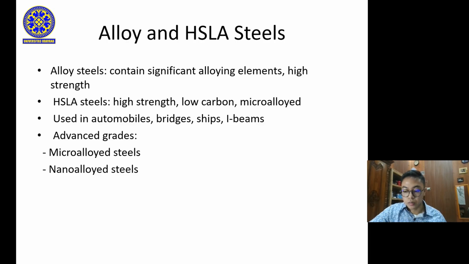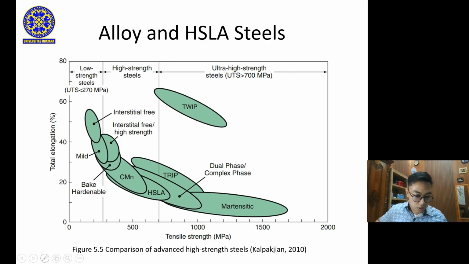Advanced grades include microalloyed steels that save on heat treatment costs, and even nanoalloyed steels under development with extremely fine grain structures. So this figure is the comparison of advanced high strength steel. You can see the comparison here: on the x-axis is the tensile strength, and on the y-axis is the